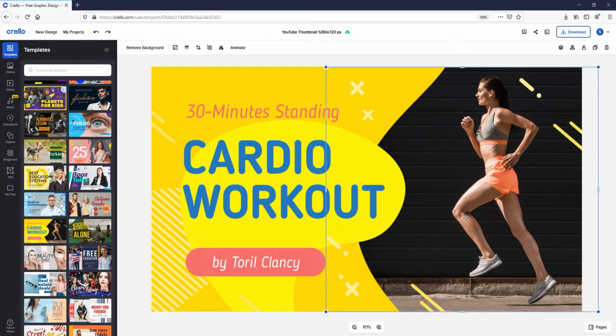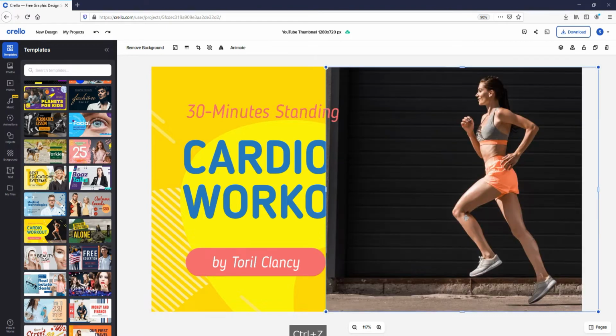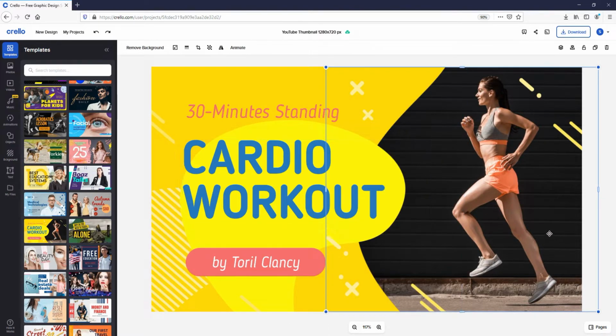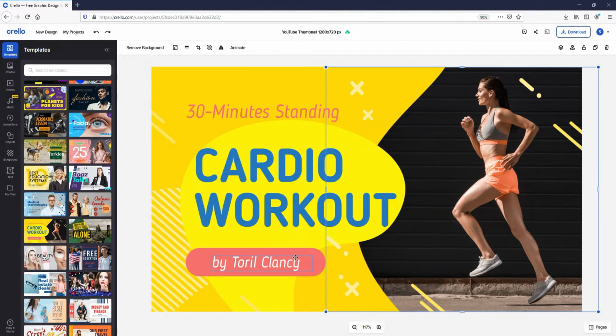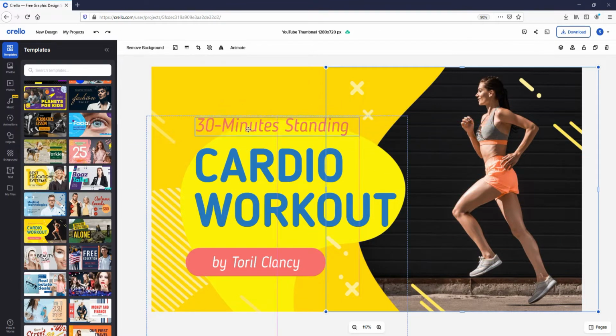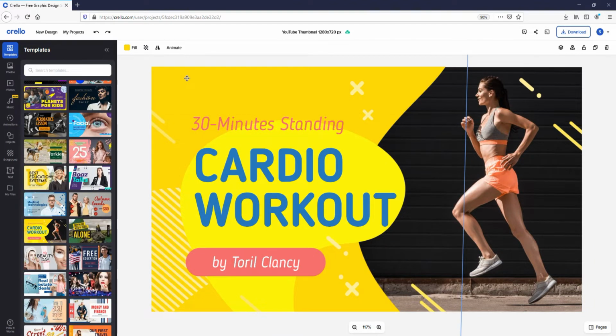Taking the yellow color template for making a custom thumbnail, we can delete the existing image from the template, or we can add new images. We can change the background colors, change the text formats, change the text colors, drag and drop the text areas, and you can add any designs.